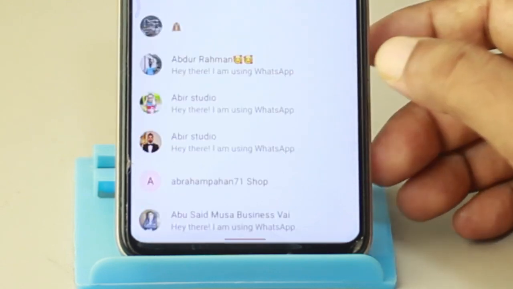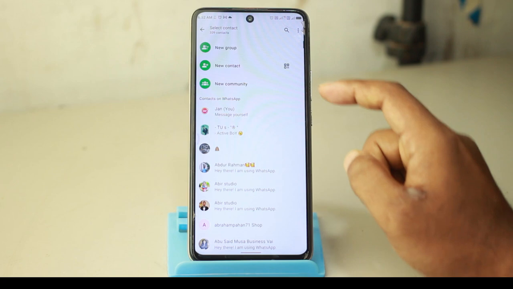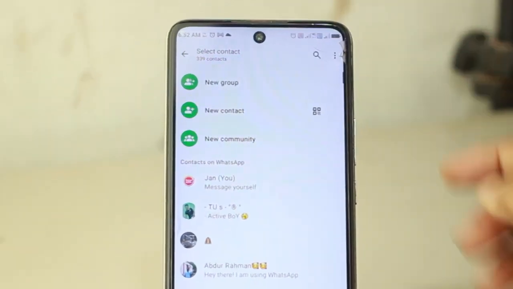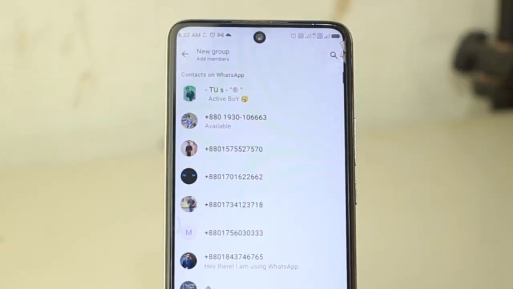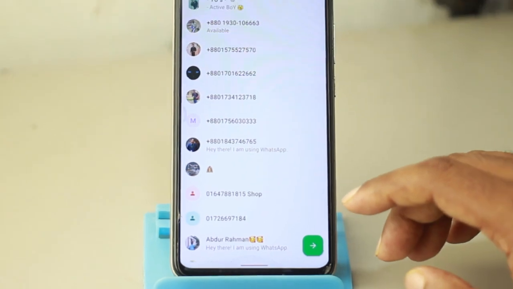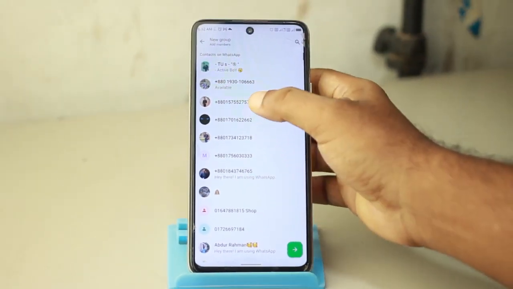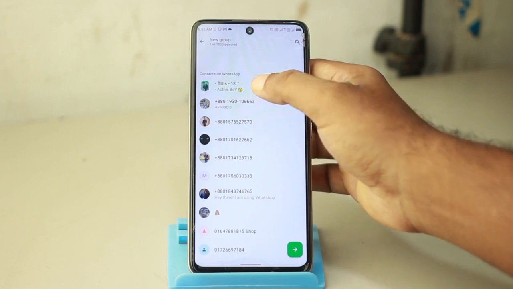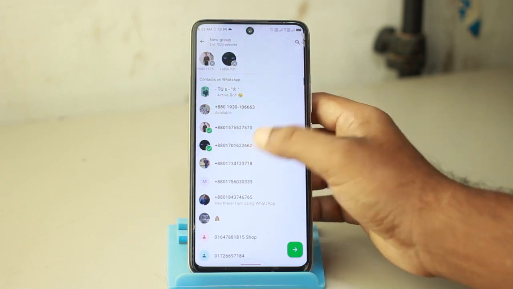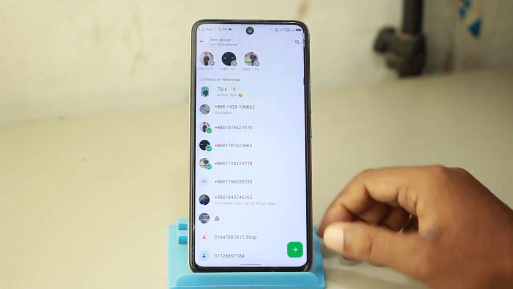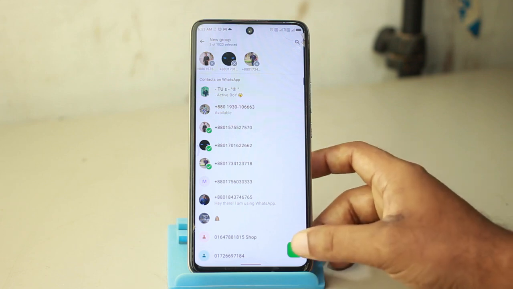Click on this plus icon, and the first one is new group. Click this option, and now you can see multiple numbers. You can select some numbers to create a group. I want to select these 3 numbers, and then go to the arrow button,